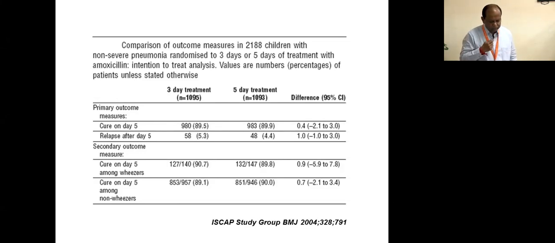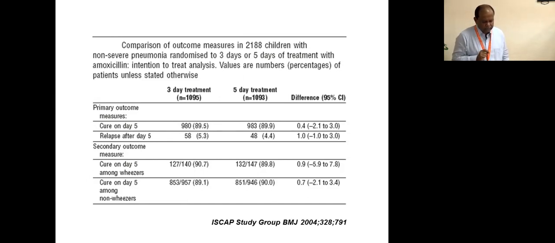The efficacy could be slightly better, 2.41% more in the 5 days arm. That is what it means. When you look at this side, the 3 days arm may have 3% more efficacy as compared to the 5 days arm. That is why you get the plus sign. Do you understand why plus sign? Plus sign means the new treatment is more. That is why you get the plus sign.